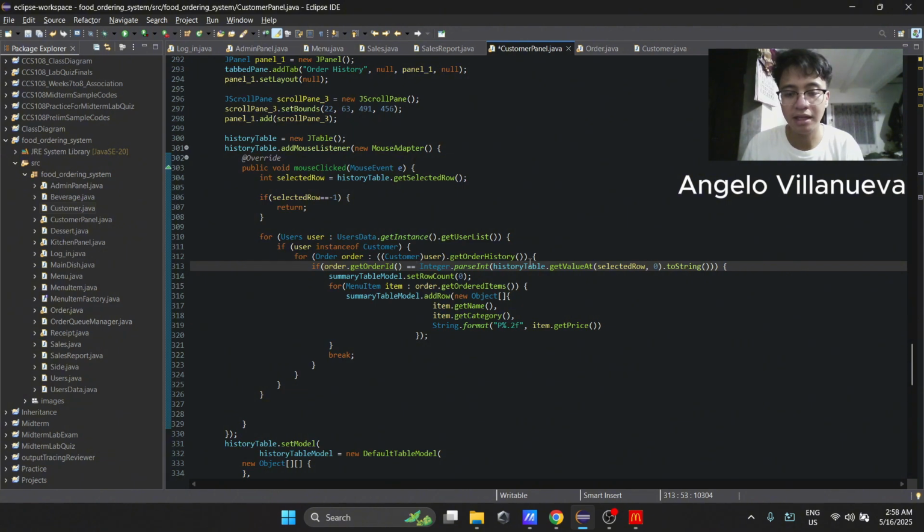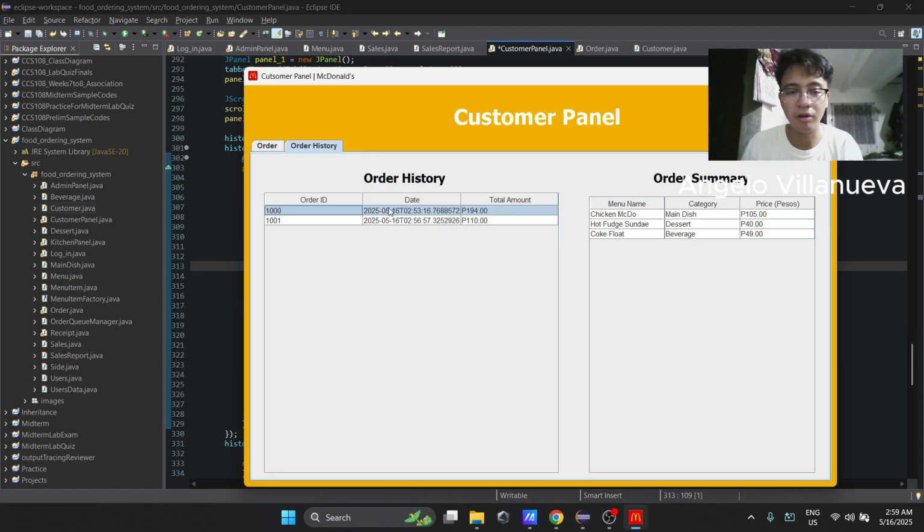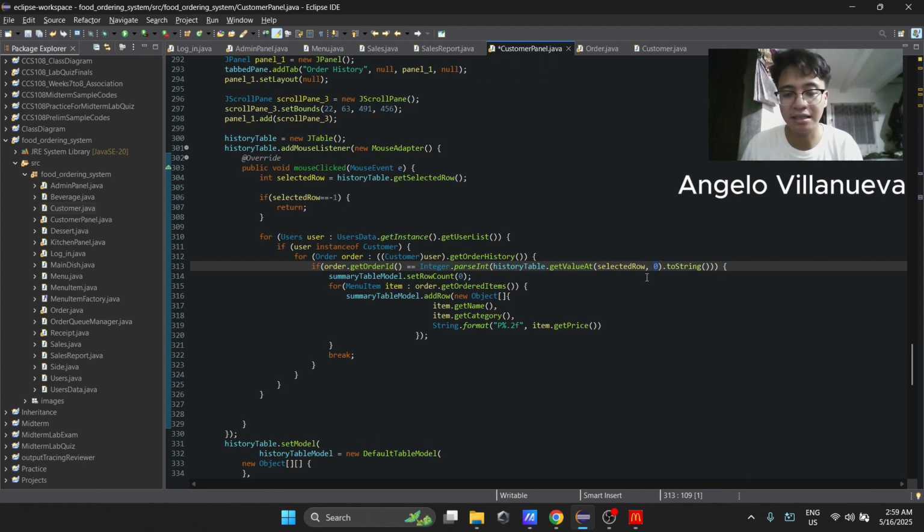So, kinuha natin yon by using the getValueAt, then yung selected row, which is yung variable natin na mag-hold kung aling row yung nakaselect. Then now next is yung column, yung column na kung saan gusto natin kunin yung value. So, since yung order ID natin is naka-store sa integer, pinarse natin siya as int. But first, convert muna natin siya to string para ma-parse natin siya to integer.